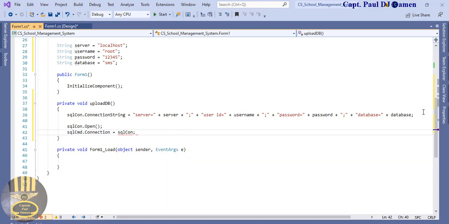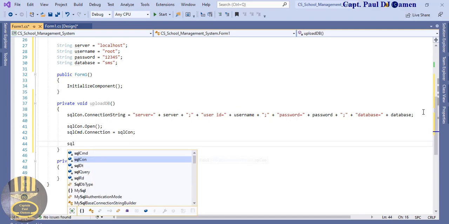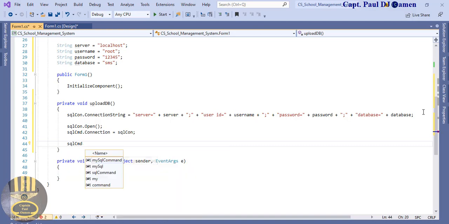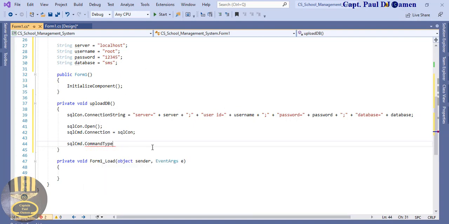There. Now let's use the SQL command. We now want that to say dot command text using our SQL statement in here. That will be equals